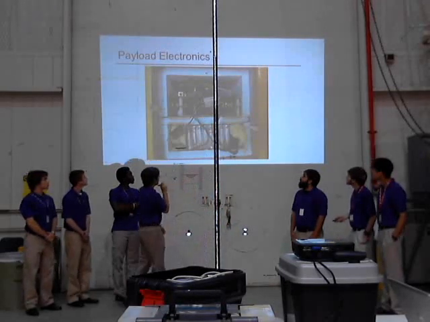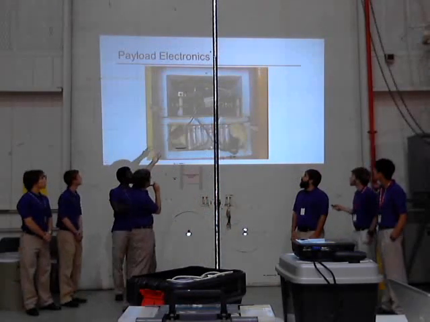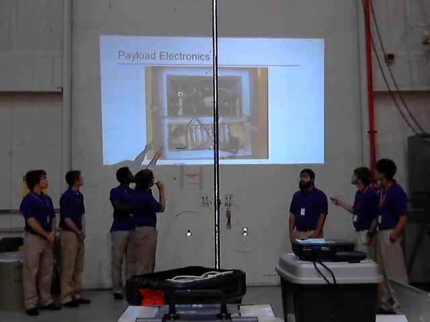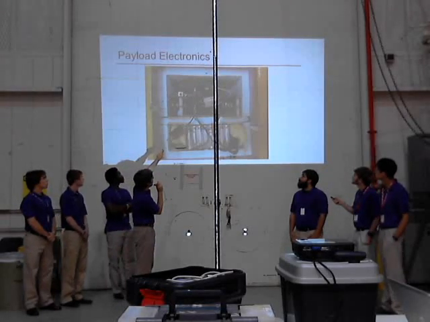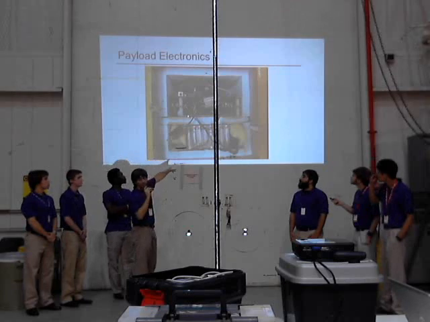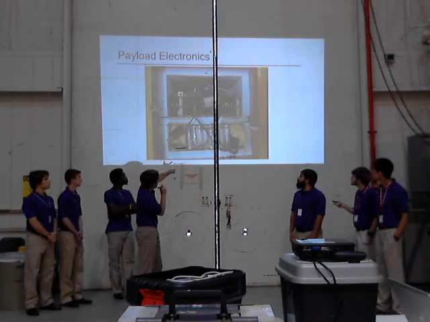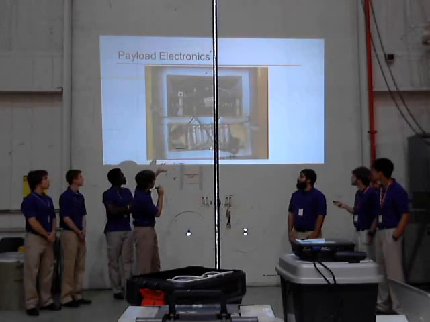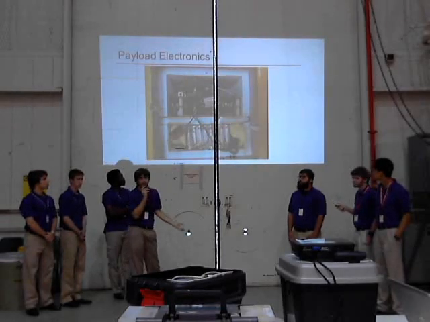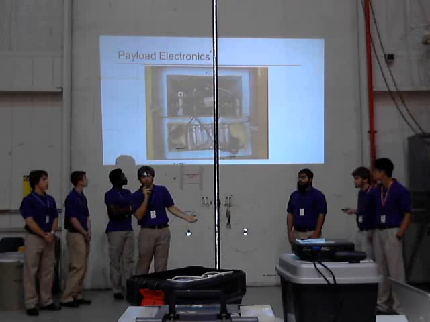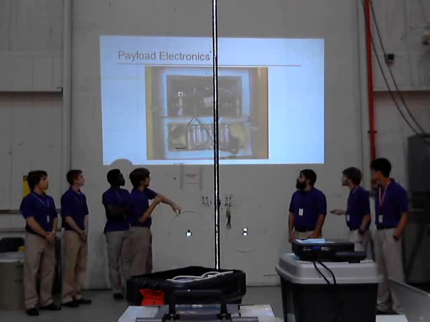So this is an internal shot of our payload. At the top, we have our 3 boards. The very top board is the Weeby sensor board, the middle one is the balloon sat, and the one on the bottom is the arc control and detection board. Down on the bottom, we have our batteries, and underneath that is a foam holding tray that the HVDC and spark gap are held in. If you want to go to the next slide.